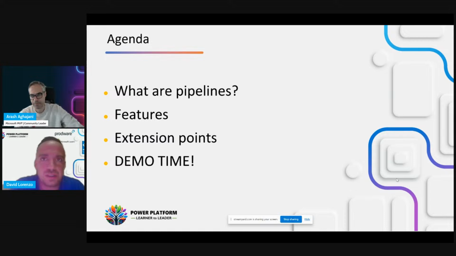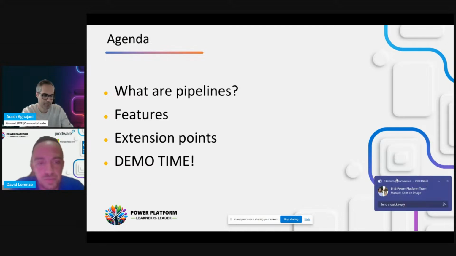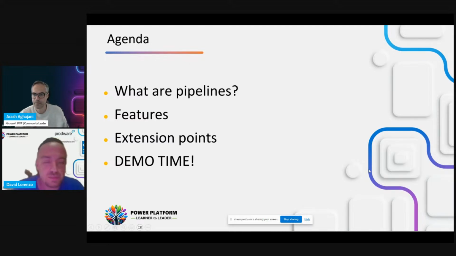Then we will go through the different features that pipelines currently have, and then we will see how we can extend the basic functionality to get a better result and a better ALM process in Power Platform. Finally, I will have a demo with all the functionality that I am explaining today.